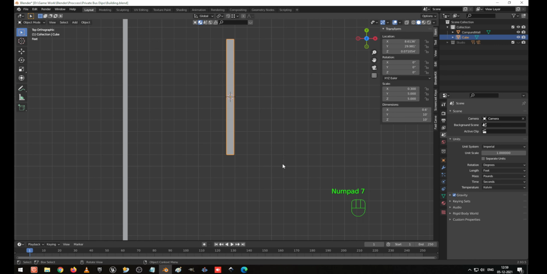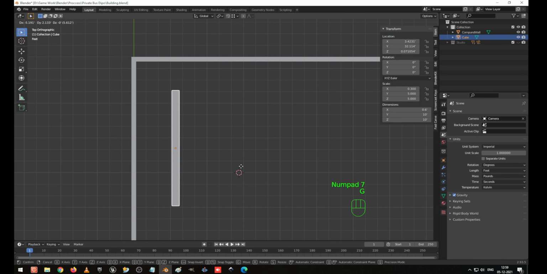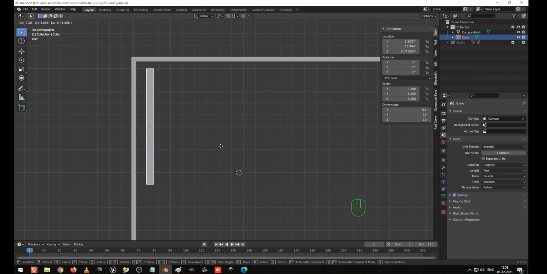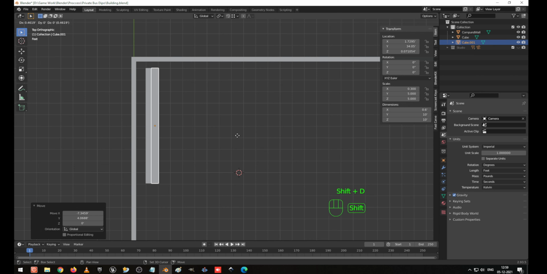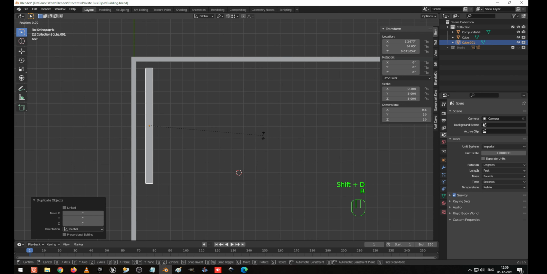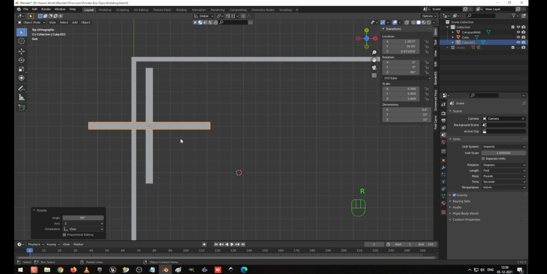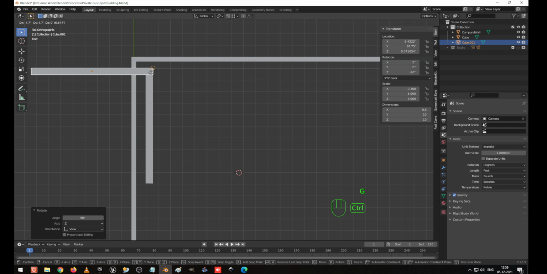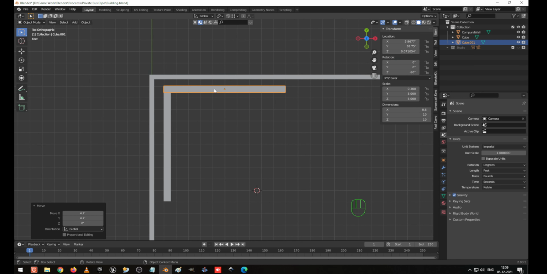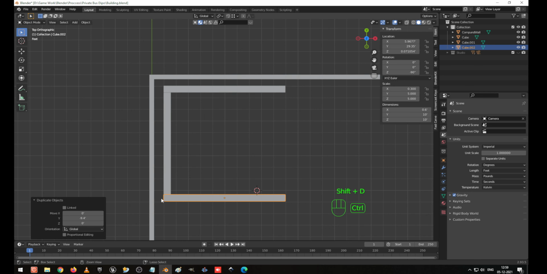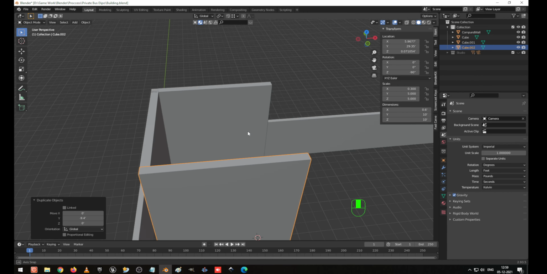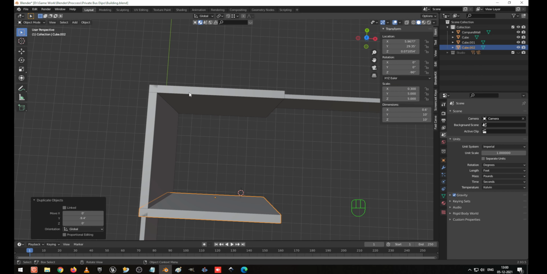So I go to the top view and press G to move, so I make it towards here like this. No, this much is enough for us. So 10 by 10, I'm going to Shift D to duplicate and right click to cancel. Using the Control key, I rotate it as per our need, and I align it like this. Shift D and on the Y axis, I align it like this. So this is the view we have created.